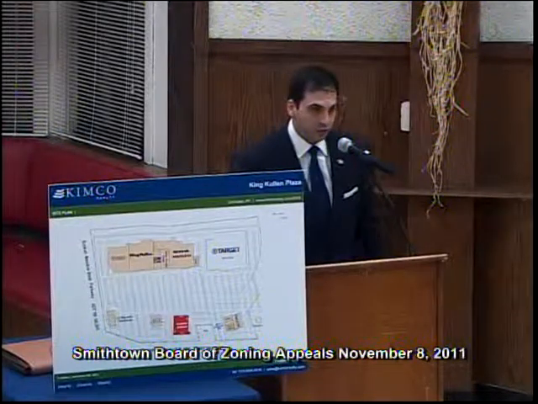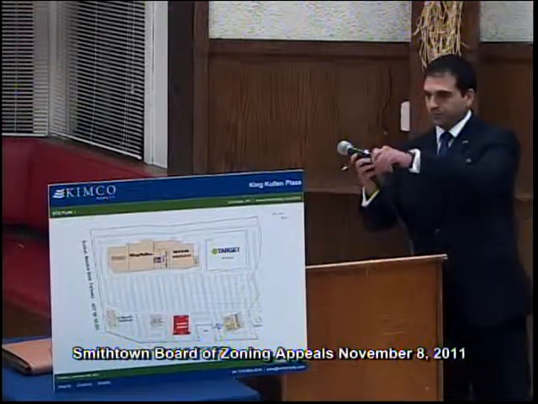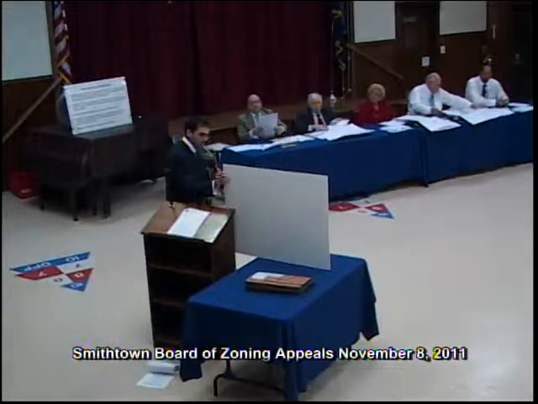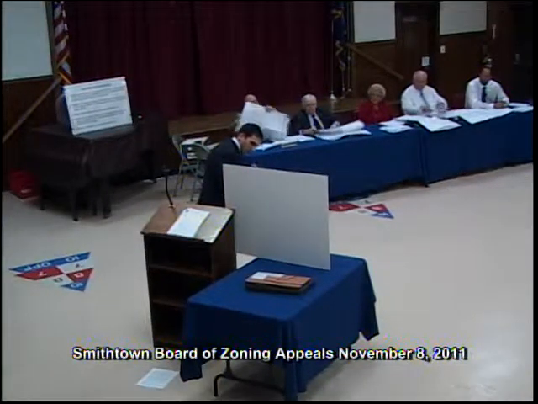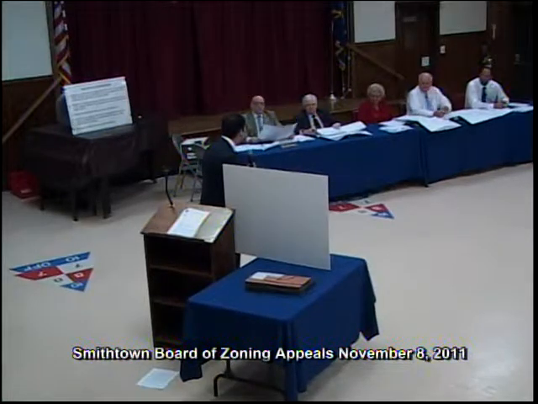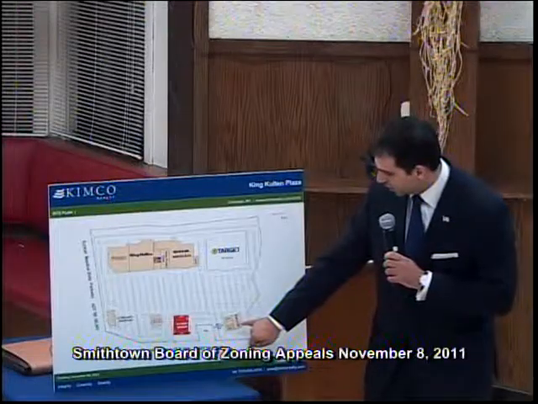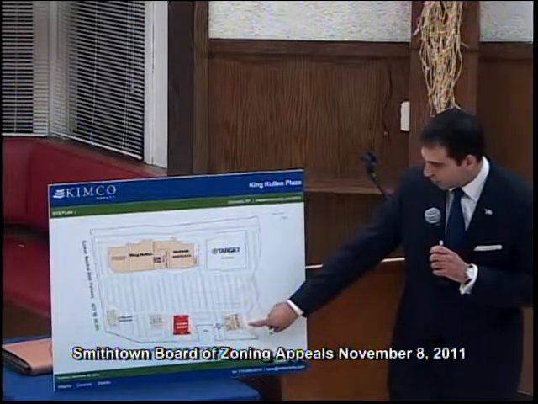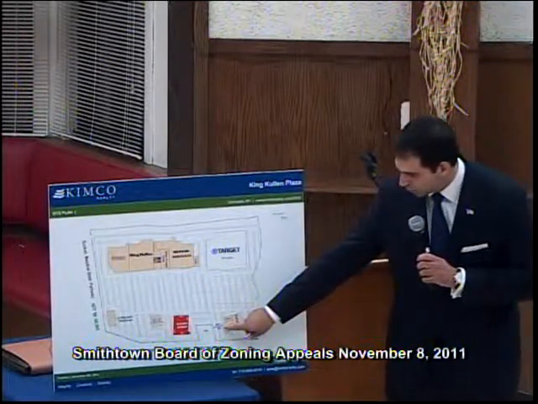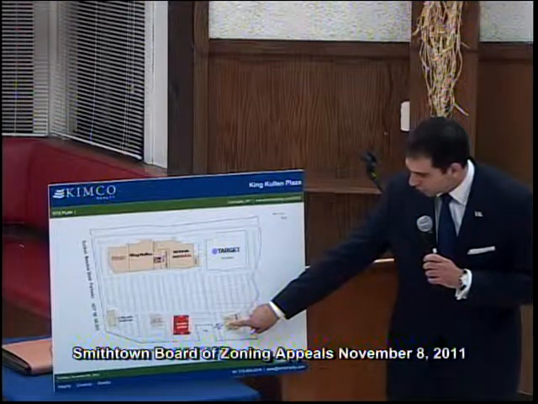20,592 square feet. What I've done here by this exhibit, this is the entire shopping center, and this location here, which you may have a copy of in your packet, is the one pad where the restaurant is going. Currently it has a Chase Bank, a Sprint, and a Party City, and the Moe's Southwest Grill is going in this one tenant space here.